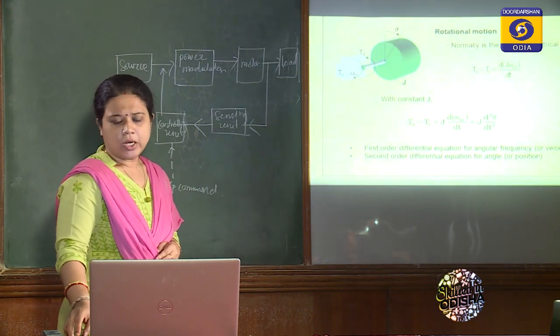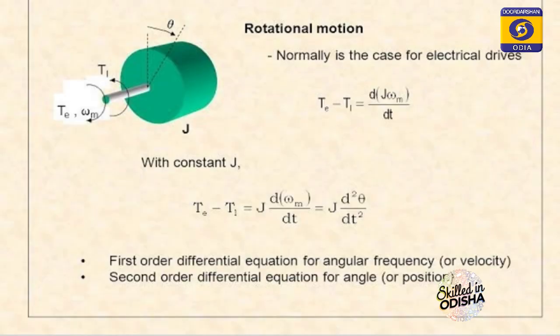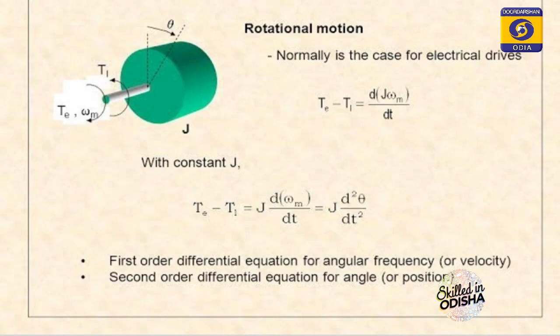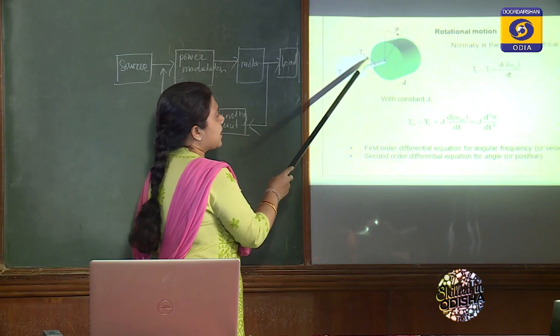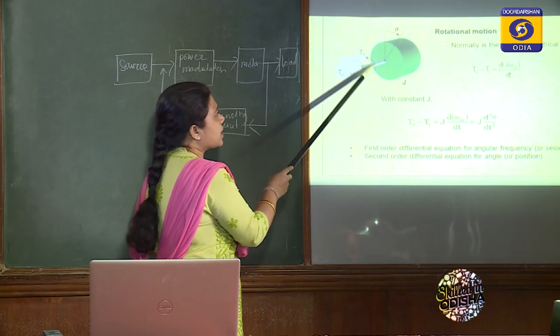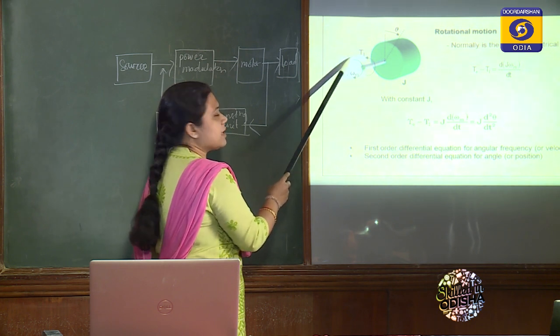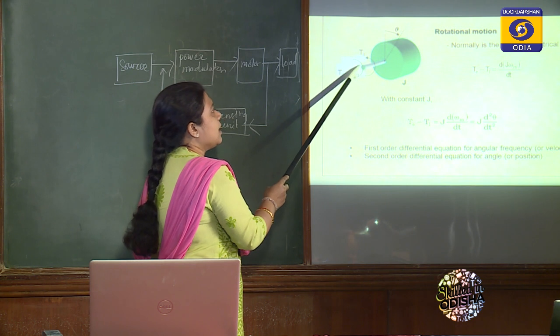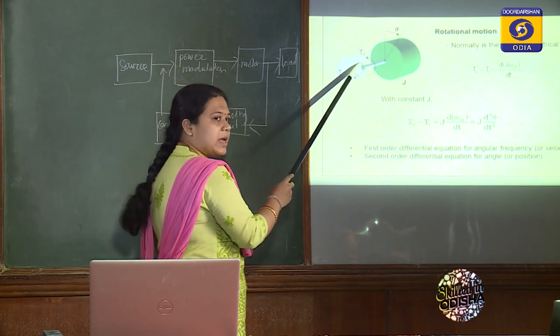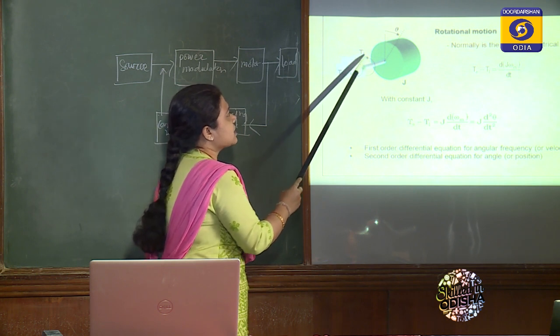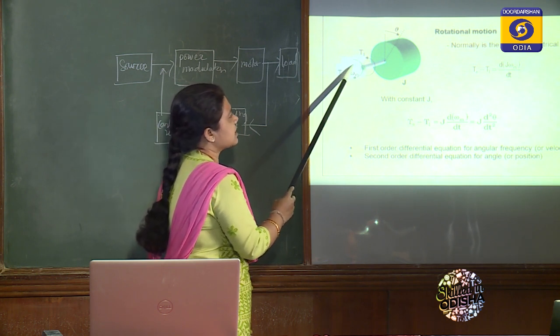So next is rotation, this torque equation. So how is the torque equation generated? Suppose this one is motor, and this is the shaft of this motor. It will rotate in one direction, and the load which is connected with this shaft will operate in the same direction or in the opposite direction. As per that, the direction is given here.